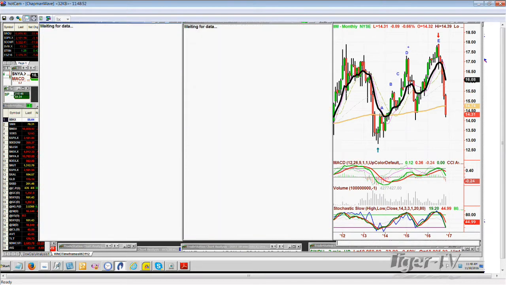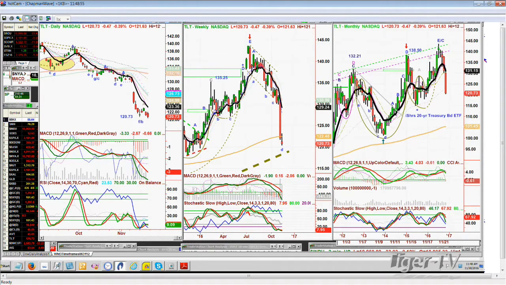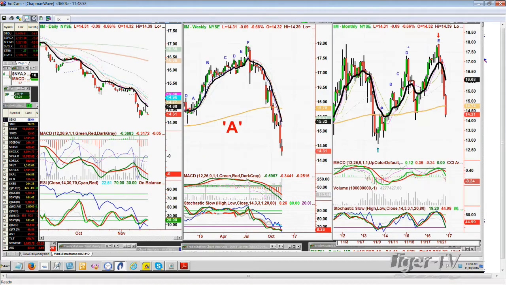But I must tell you that the pattern forming now looks just a little bit like the TLT. Let me go to TLT. Oh, TLT just broke down and went to a lower low. I'm going to make this suggestion. Because we're looking at something that's had a vicious 3.5 month, maybe 4 month cascade, July, August, September, from the high 17s to the low 14s, even a little bounce has to have some kind of a testing. So if you don't mind, I'm going to say hold off today. Call me either Monday or Tuesday. I'm probably thinking Tuesday. Let me look at it again.